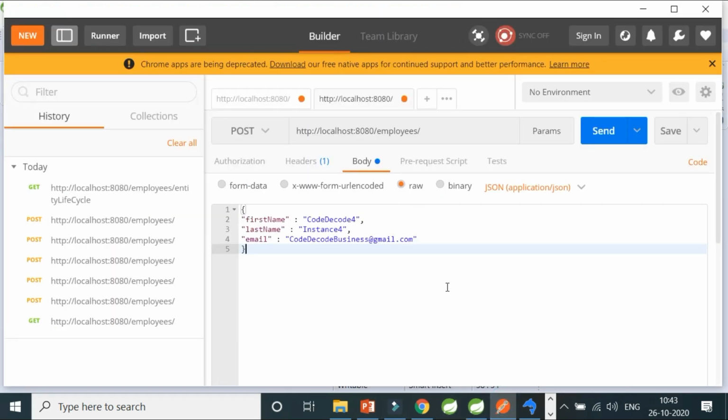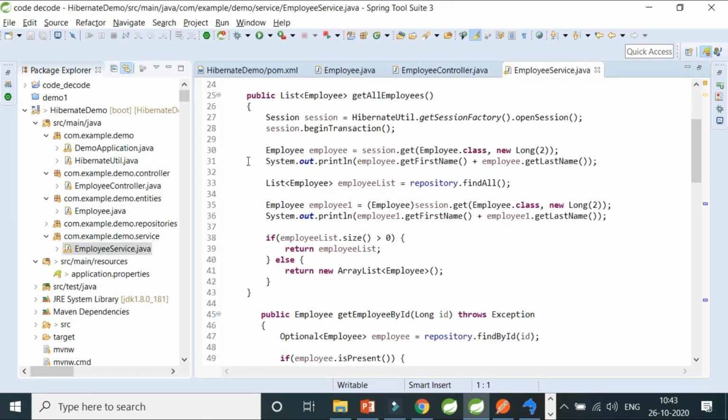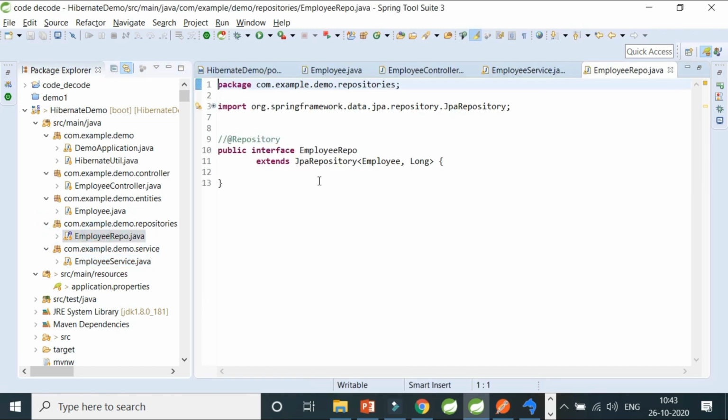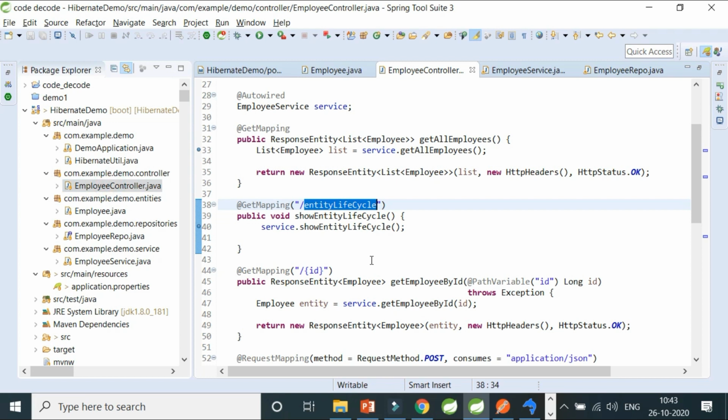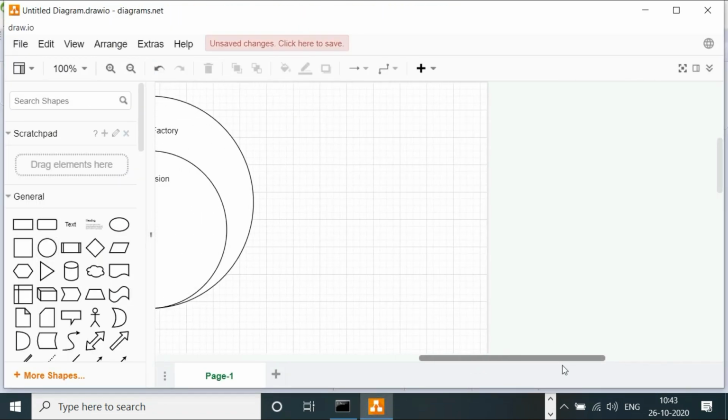For example, I have my post here. The second thing is the service, which is capable enough to hold your business logic. So I have my business logic here, and the DAO layer or the repositories, which will have a repository interface which extends the JPA repository so that you will be able to persist all your data into your databases. So I hope the current structure is clear. If you want, I can show you in the diagram too. Okay, let me go back here.